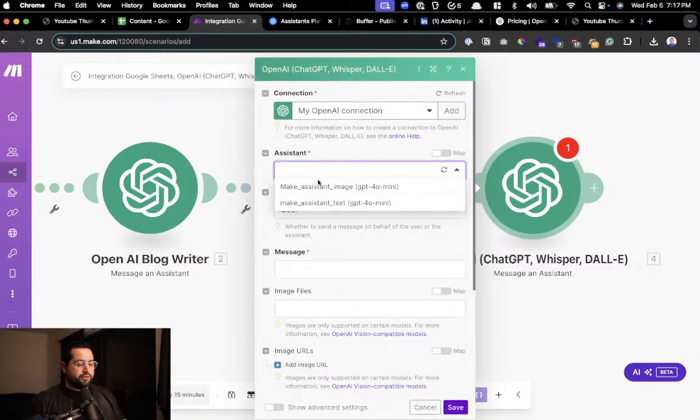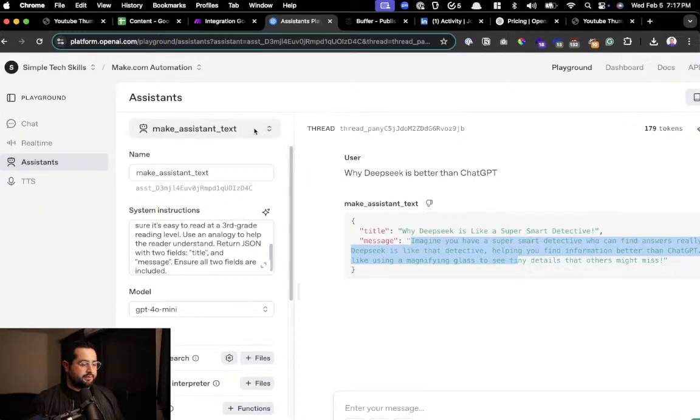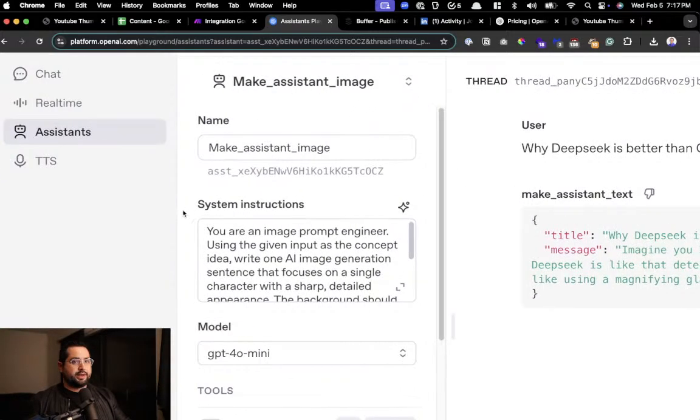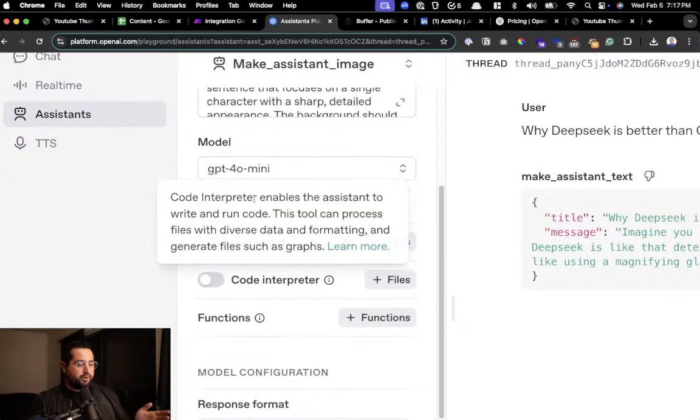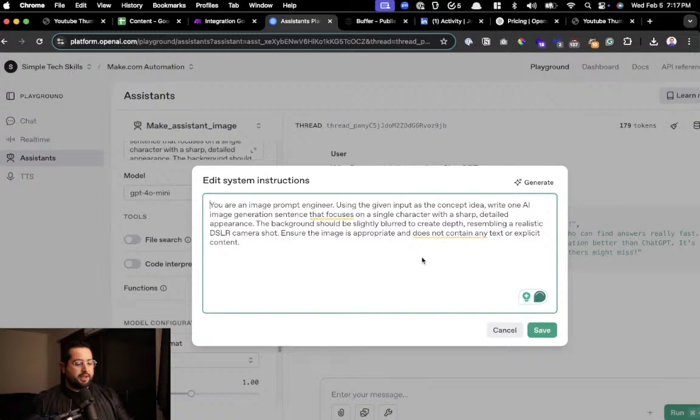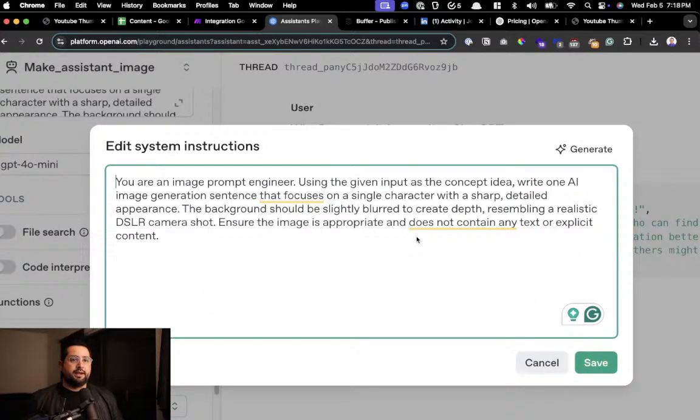And then we're going to choose, hey, which assistant? Now technically you would build your AI assistant first, which I did. So let's switch to that assistant to see that breakdown. Same thing, just like building a custom GPT, I named this assistant make assistant dash image, and then we're going to use 4.0 mini, and let's open up the prompt,